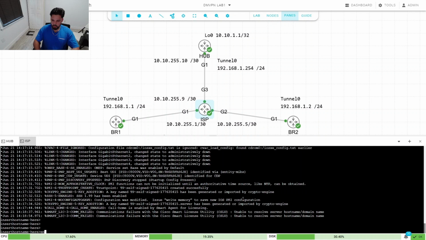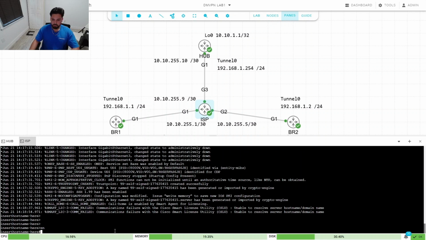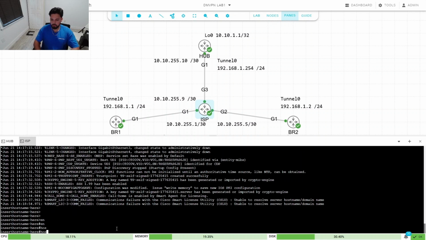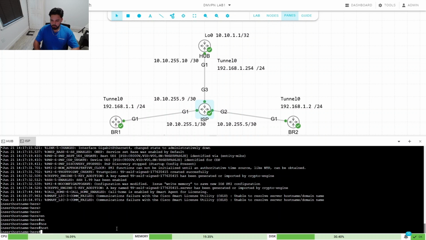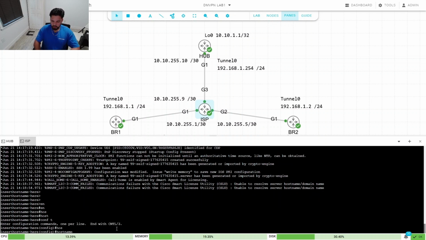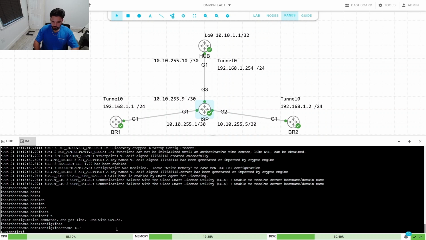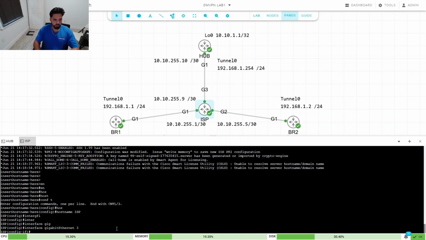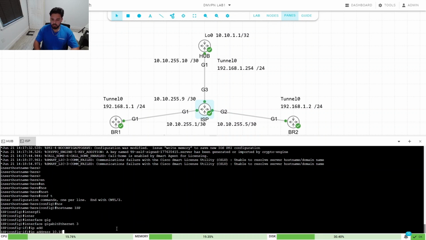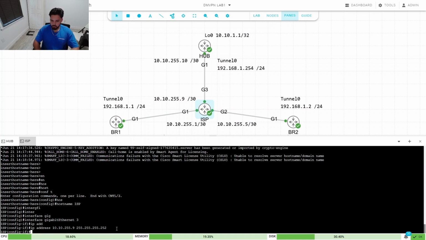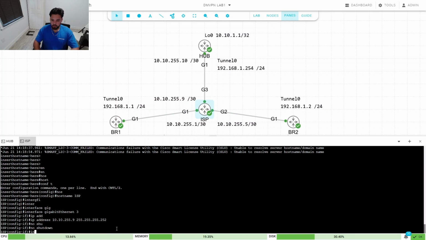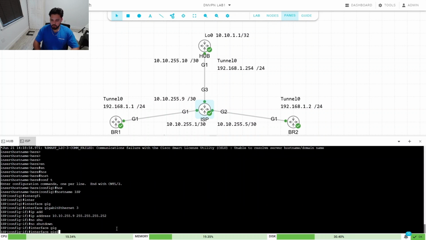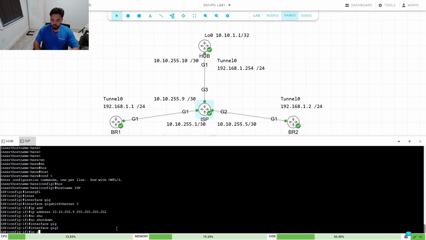Let's go. Alright, enable. ISP is gonna be simple. Hostname ISP, interface gig 3, IP address 10.10.255.9, put it on the /30 subnet, no shut. Let's do interface gig 1, and we're going to do IP address